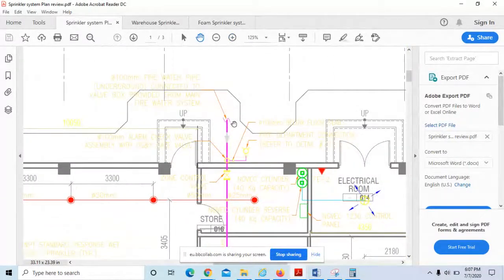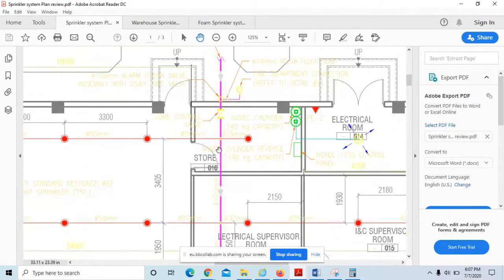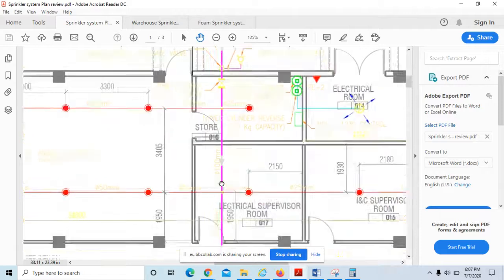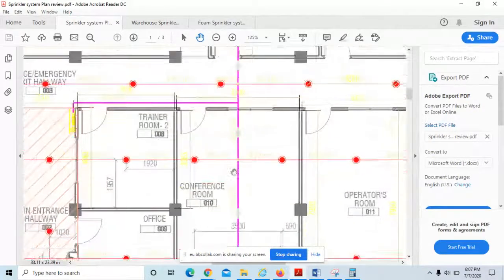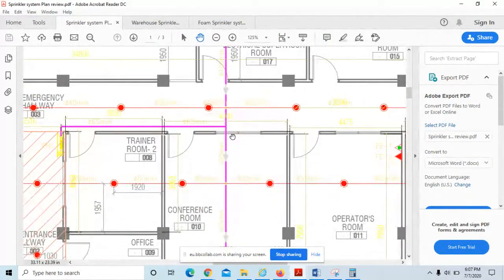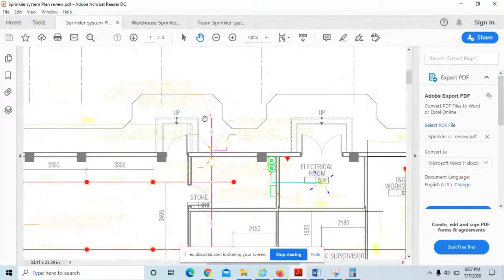This is our underground network, right? From this network they are taking the connection to the risers, right? Here they're showing the riser going upwards, correct? And this pipe, the one in the purple color, is the main branch line, and from that they have given lines to all our branches. This is the riser coming all the way from below ground. You can see here is the riser connection, right?